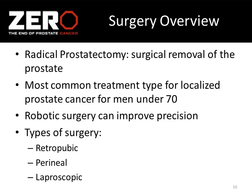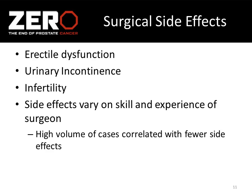Next slide. The main side effects of surgery have to do with the functional aspects that are either controlled by or near the prostate. The nerves that serve for erection are very near the prostate, and so erectile dysfunction is a very common side effect. Urinary incontinence is not very common as far as total incontinence. Some men will have loss of urine with stressful activity like coughing or laughing. All men